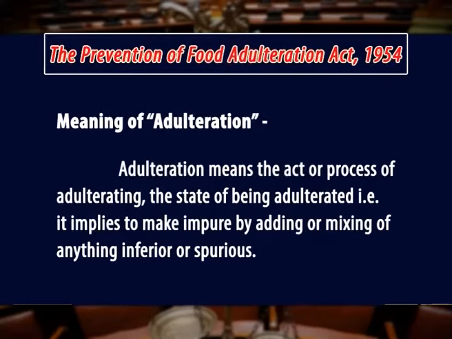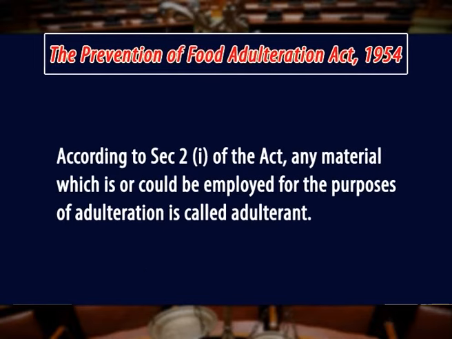Now we will discuss some of the important terms used and defined in the Act. Meaning of adulteration. Adulteration means the act or the process of adulterating, the state of being adulterated, that is, it implies making impure by adding or mixing anything inferior or spurious. According to Section 2(i) of the Act, any material which is or could be employed for the purpose of adulteration is called an adulterant. According to Section 2(ia) of the Act, an article of food shall be deemed to be